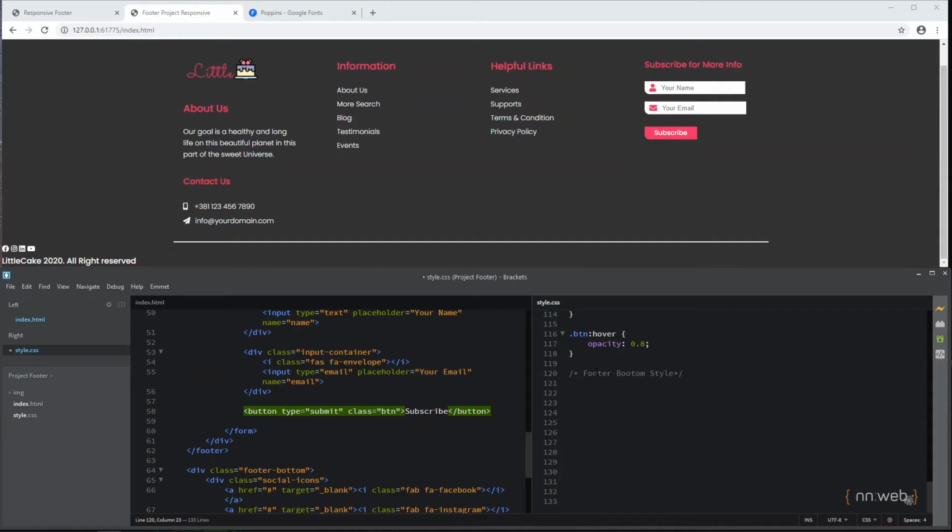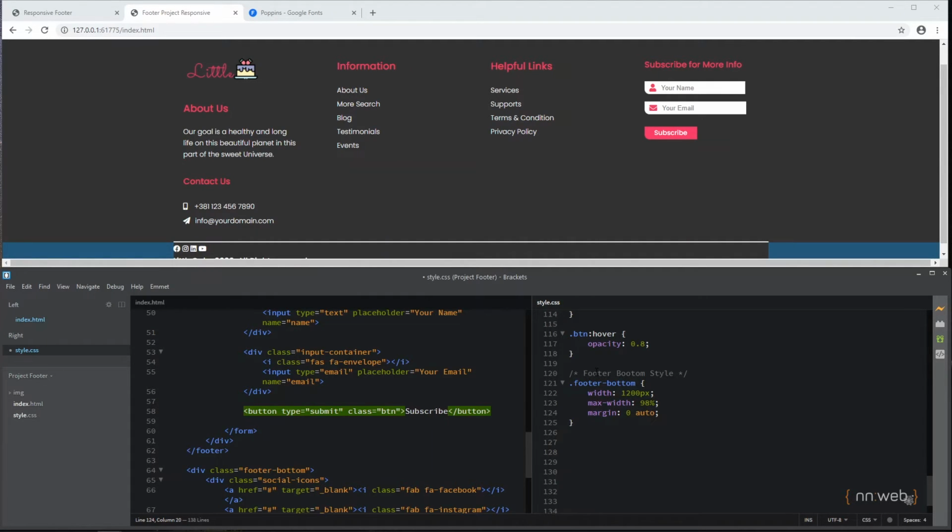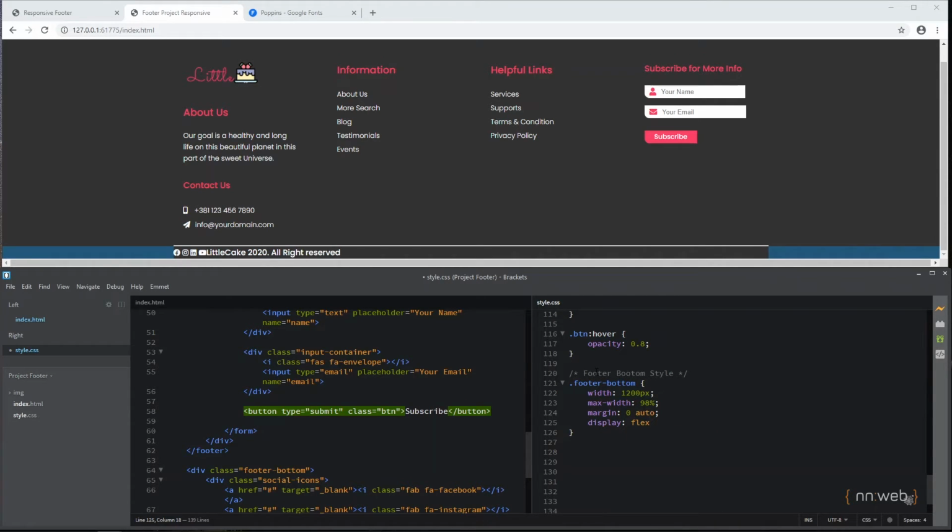We need to target our bottom, and type our class footer bottom, and type again width of 1200 pixels, max width of 98%. Let's center it, margin 0 auto, display to be flex, align content to space between,